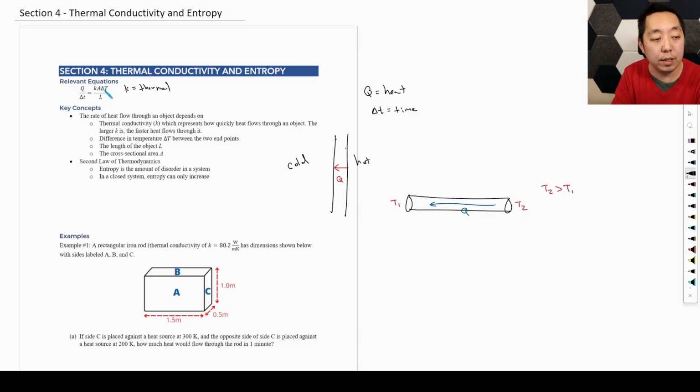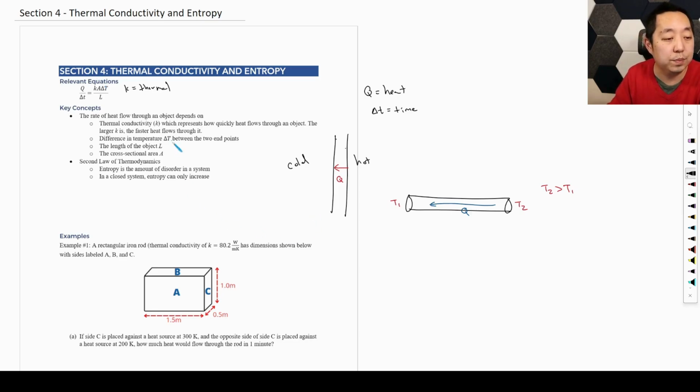So the bigger the area, the more heat flows, which kind of makes sense. If I have a thin rod, then not that much heat is going to flow, but if I have something big, a big area, then more heat is going to flow. The longer it is, like the thicker it is, think about a thick blanket, the slower heat will flow. Right? And then the bigger the change in temperature, the quicker heat will flow, right? Because that means the difference is big. That's why, if it's really cold outside, your house gets colder very quickly,